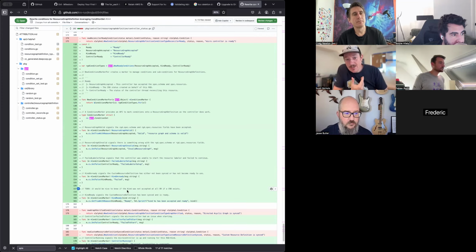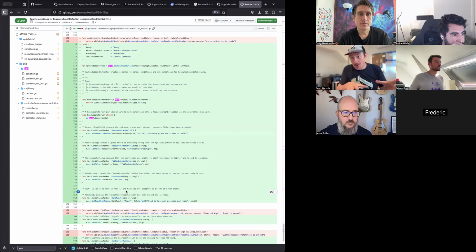In the future, there are other kinds of methods that tend to be handy, and the marker could implement a propagate. So if you want to propagate the status of a resource that you created and it has conditions itself, you use the marker to propagate its status to a certain subcondition. That's where that kind of logic would go.